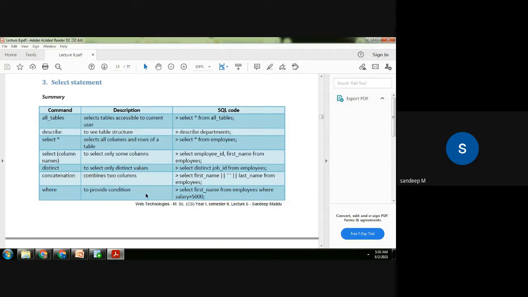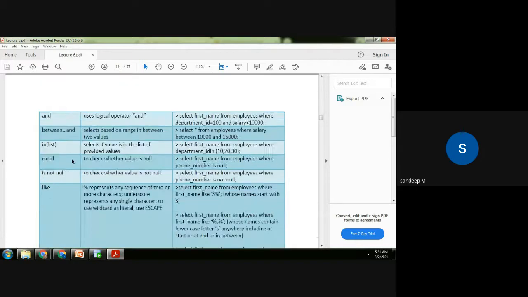And sometimes there will be so many columns, say for example, 100 columns, and you're not interested in all the columns. In those cases, instead of saying select star, you can say select the column names which you're interested in. Say you want to see only the employee ID and the first name, and you're not interested in the salary details. Then instead of select star, you can say select employee ID, first name from the employees database. Okay, so these are some basic select features.